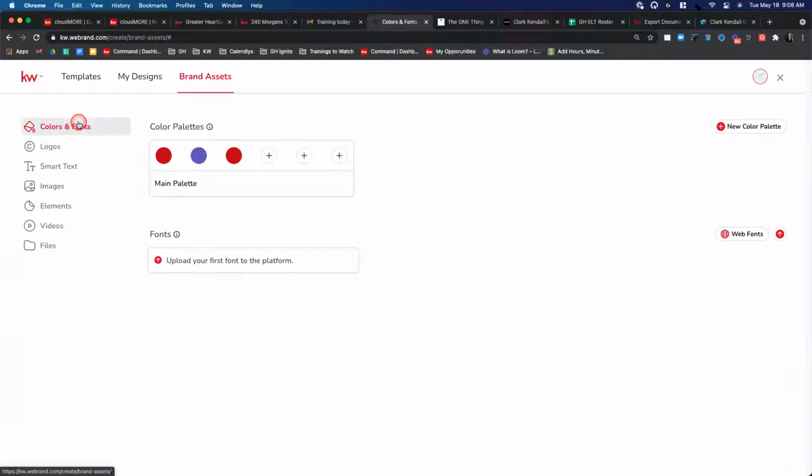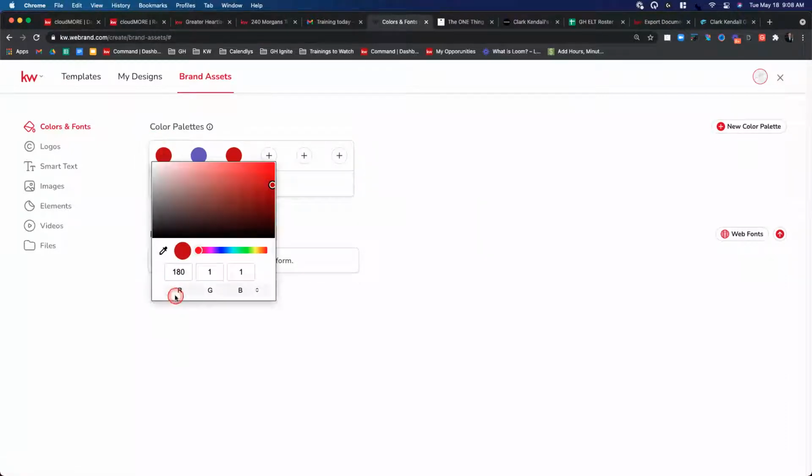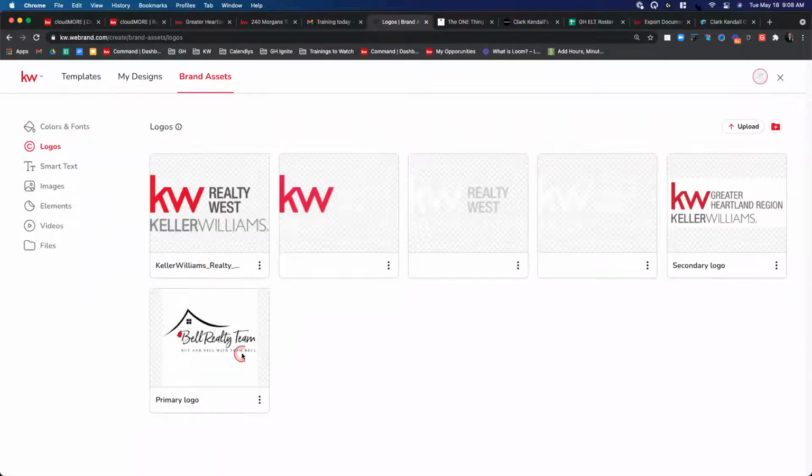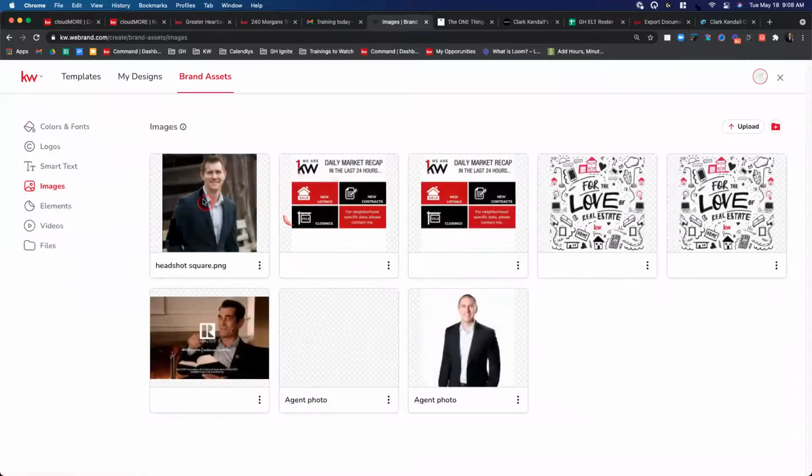this is where you have a lot. You can build out your whole marketing collateral. You have your colors and fonts. If there's a certain color you like to use on your brand, or if you want the specific KW color, the 180, 11 RGB, you can use that and always have it at the ready. You can upload your logos here. You'll notice I've got my Market Center logo, my team logo, and of course here under images, a couple of headshots. So all this you can upload here. And as long as they're here under your brand assets, they're going to be really easy to access later.